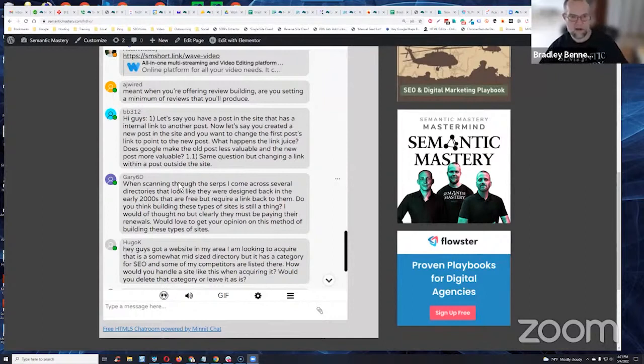Because let's say it's a page that Google only crawls once every, let's just use an example, once a month. And Google just crawled it yesterday, and you remove the link today. Well, Google's not going to know that link is gone to the target page until it recrawls it again a month from yesterday. Does that make sense? So it's still going to provide the benefit.